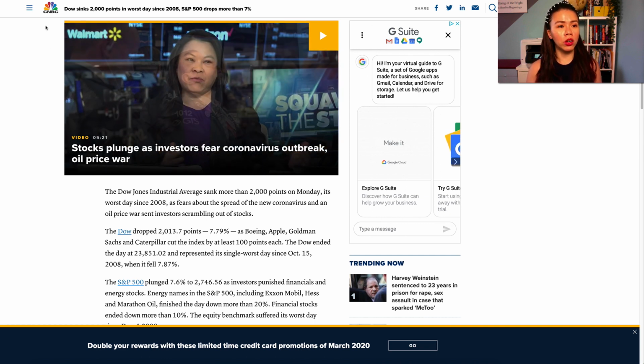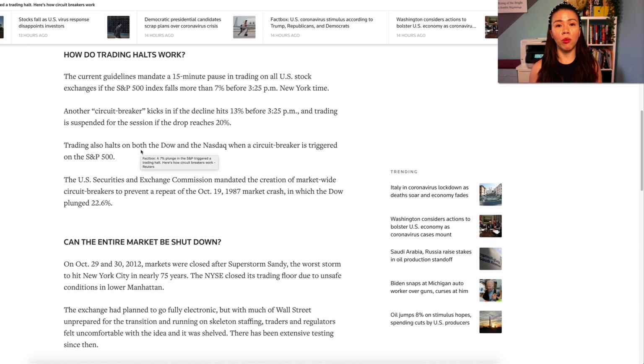And as we move along the articles, you can see right here what they needed to apply is what they call circuit breakers. Circuit breakers were actually put in place on, I think it was October 19, as I see here in the article, October 19, 1987, to prevent a market crash due to panic sell-offs, right? People, once again, get into a panic sell-off and they just want to sell all their securities. And what happens when they do that? The economy can crash because no one is investing, no one is feeling confident about the economy, and they had to take these measures in order to prevent a crash.